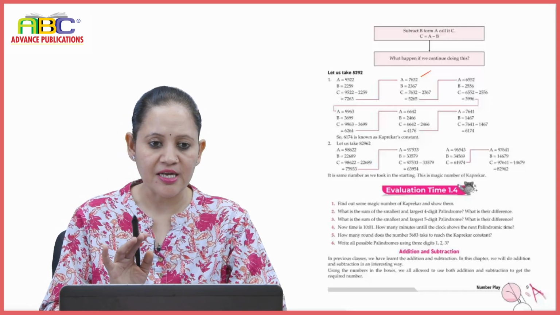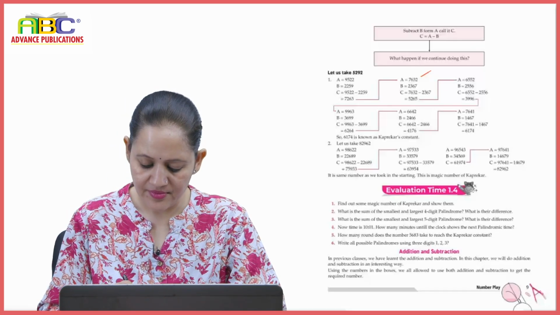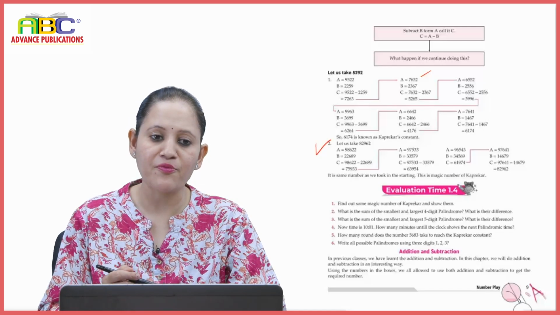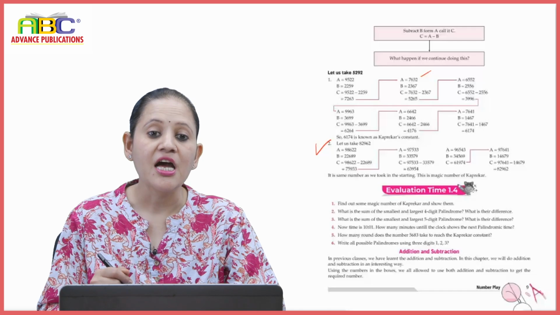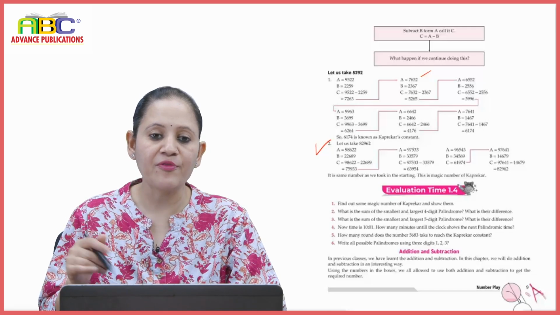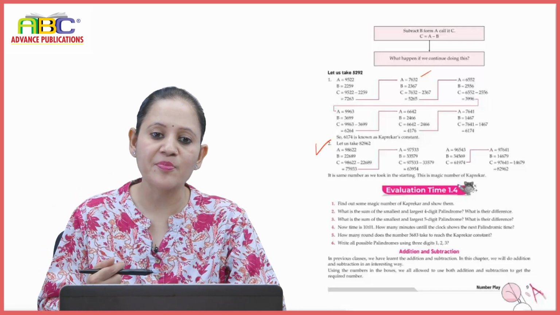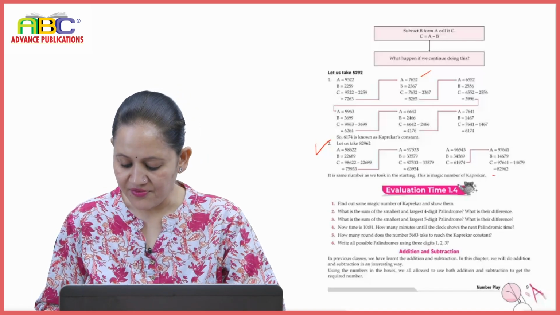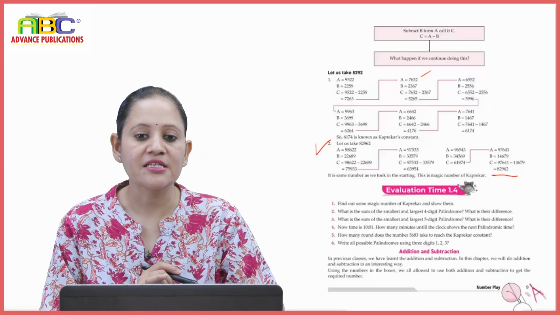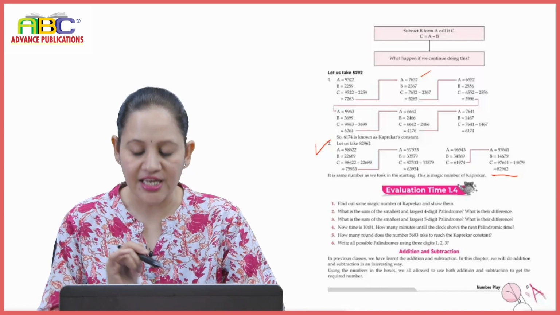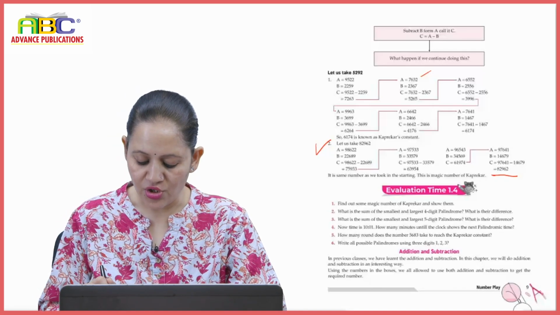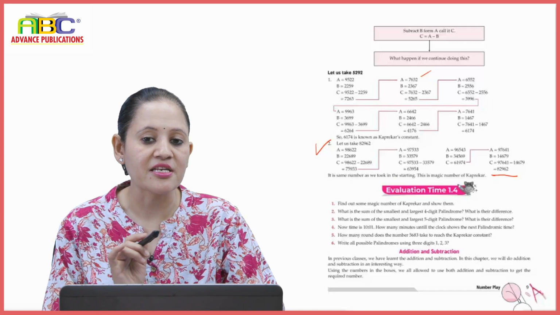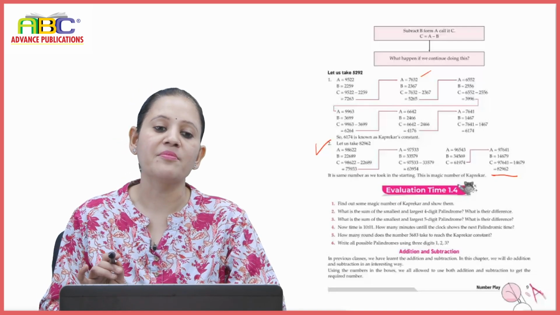Let us take one more example. 8296. Same, हम इसे greatest number form करेंगे, smallest and find their difference. Again, जो भी हमारा difference आएगा, we will form a largest number and smallest number and find their difference. At the last, we keep repeating this until we get the original number. So, it is the same number as we took in the starting. This is the magic number of Kaprekar. ये कहलाता है magic number of Kaprekar.